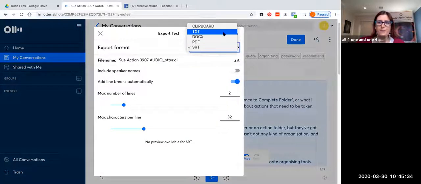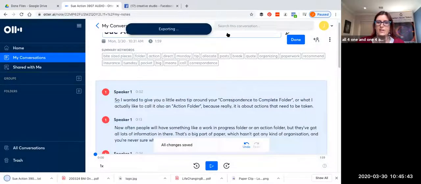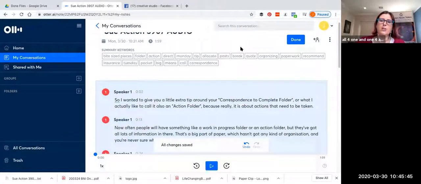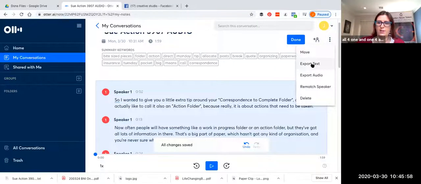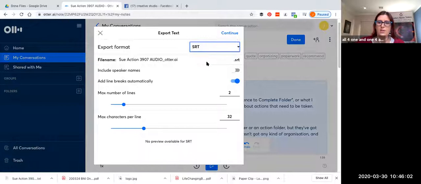And the first one I'm going to do is just do a text file, because I like to have a text file, and I do this and it just downloads to your download folder. I do this for one of my clients because I give him all the words from his videos, because then he is creating a book from it. So he doesn't want the SRT file, he just wants the text file. And then I'm just going to go export text again, and I'm going to choose SRT, which is the type of file that